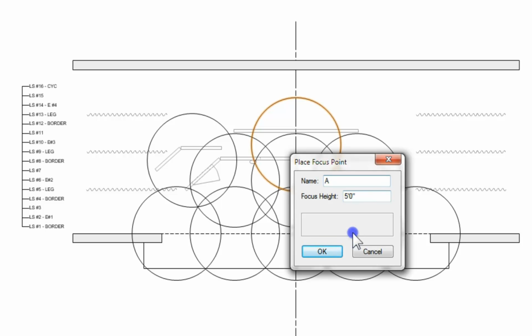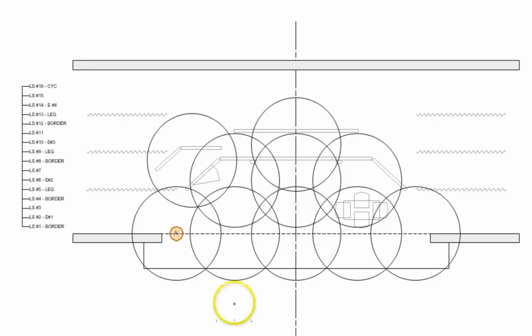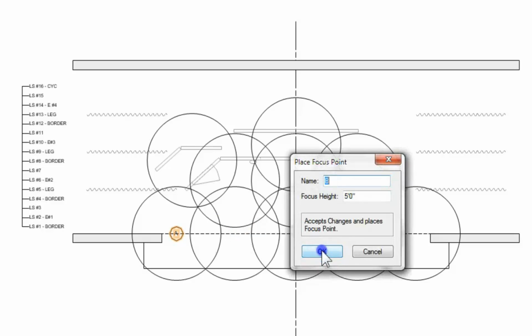The reason it's there is that in many shows you want to see the person's face lit, and most normal people are anywhere from 5 feet to 5 feet 3 inches at the face height. So that will ensure that everybody's faces are lit. We type in the focus point name, 5 feet, and we have focus point A. Now we just come along here and it's quite simple. We click and it automatically populates the focus point with B,